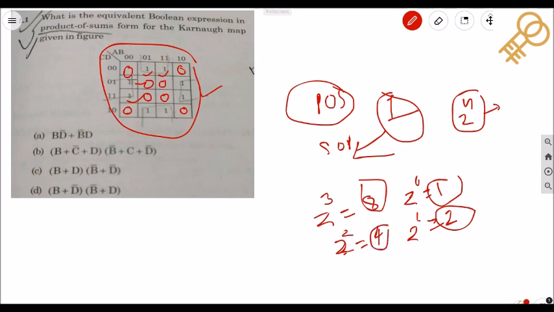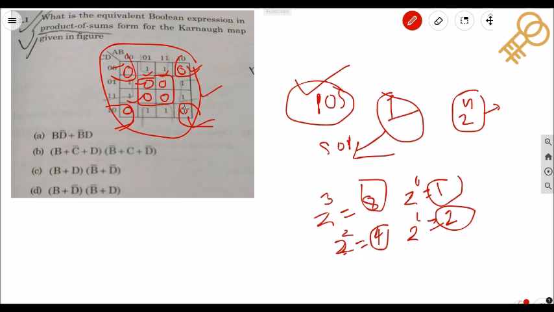So see here, they have asked in the POS form, so we only need to consider the 0 elements. Here you see we can combine these 4 zeros together. And you see there are 4 zero elements at the corners, so we can form a group of all of them. When you fold this, you'll get it like this. So I'm combining all the corner elements together.